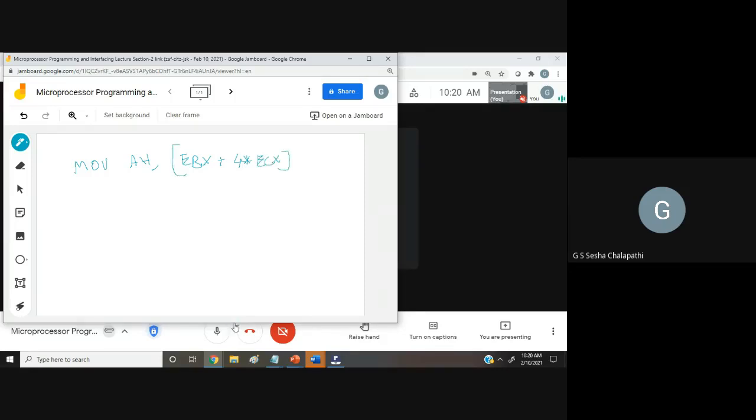The destination is AH, so 8 bits of data will be moved. Since you are using an 8-bit register here, therefore no register override.